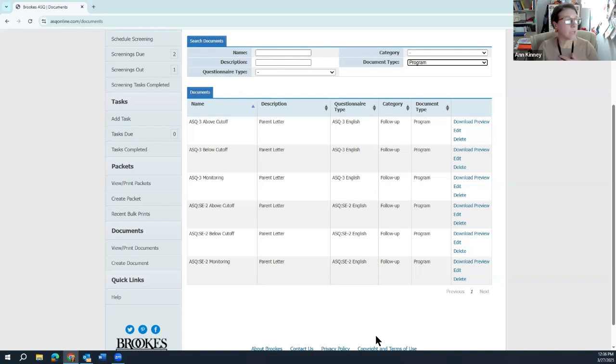I basically created letters for every scenario of the ASQ3 and ASQ SE, whether it's above monitoring, below the cutoff, for each of those. Once it's created, so even if you did have me make these for you and put these in your account, you could go and edit them at any time. So they're not set in stone once they're in there. They can be deleted, they can be edited. For example, for this child that was above the cutoff for the ASQ3,